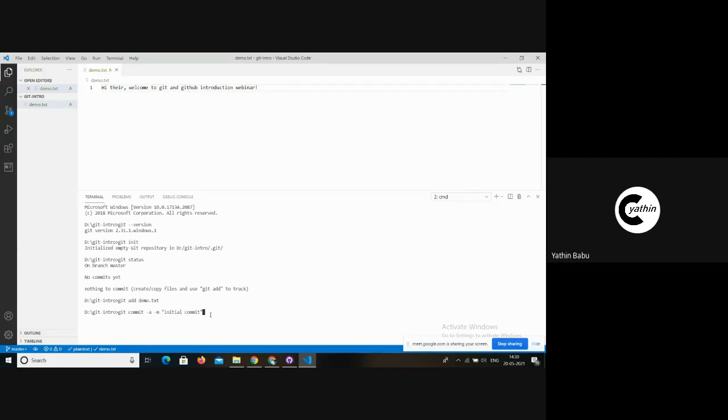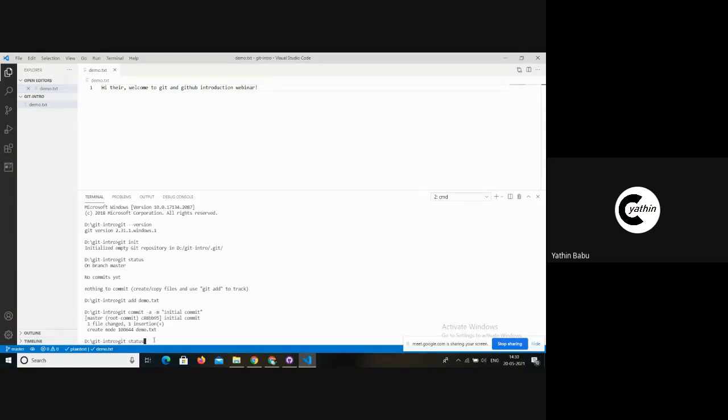So the demo.txt got committed to the repository. From now onwards, Git will be tracking the changes happening within the text file. Now let me check the status of the repository.